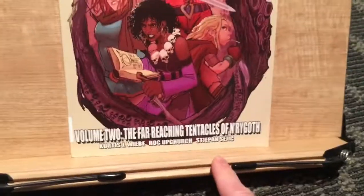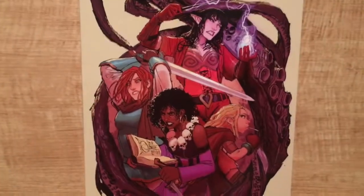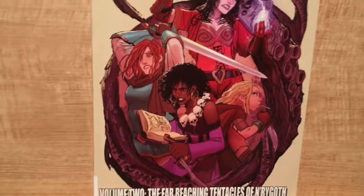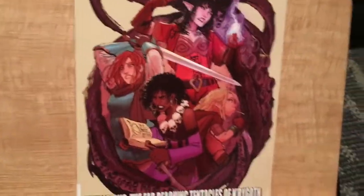I didn't talk about Stefan Sejcik's art. Stefan Sejcik is a lot stronger in this book. The last book I read by Sejcik was Aquaman, and I thought it looked slapdash, like he just cranked it out in 30 minutes. This is a lot more polished and quite lovely. Sejcik still does the thing where I think he kind of cranks up the...